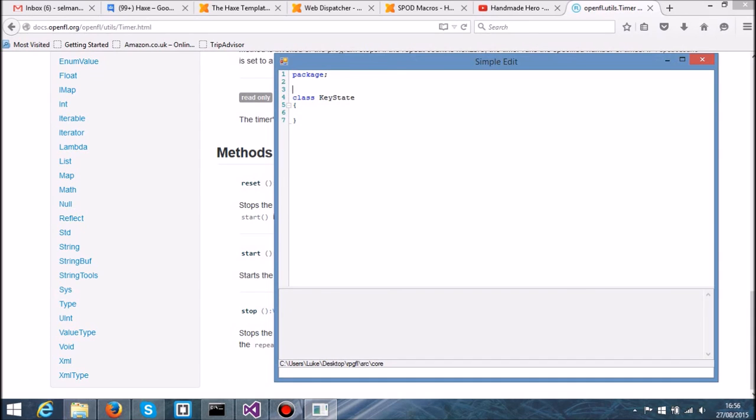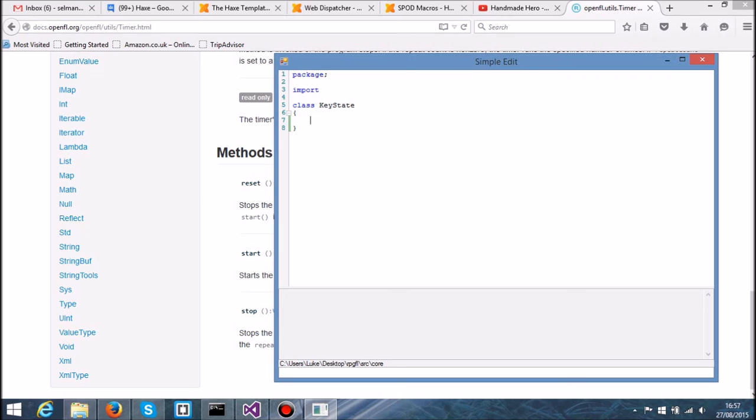And the reason why is because we want to be able to check whether or not a key is up. If you remember back in the second tutorial when we actually started doing all this programming stuff, just after I did all that XML explanation,